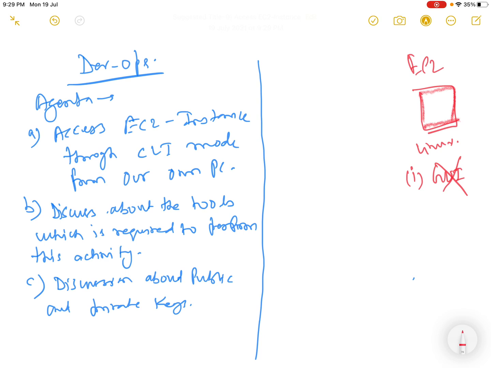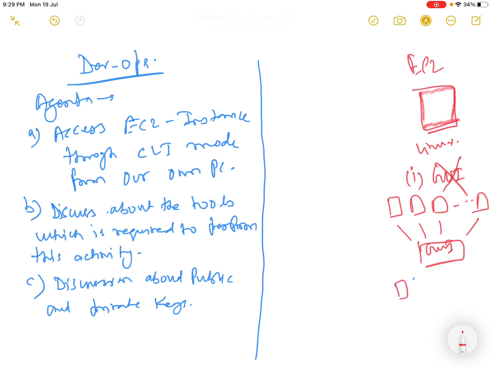The reason for not using the GUI is that if you have to provision 50 servers at a time, going through the GUI individually is a very tedious task. So no enterprise is going to follow this approach.